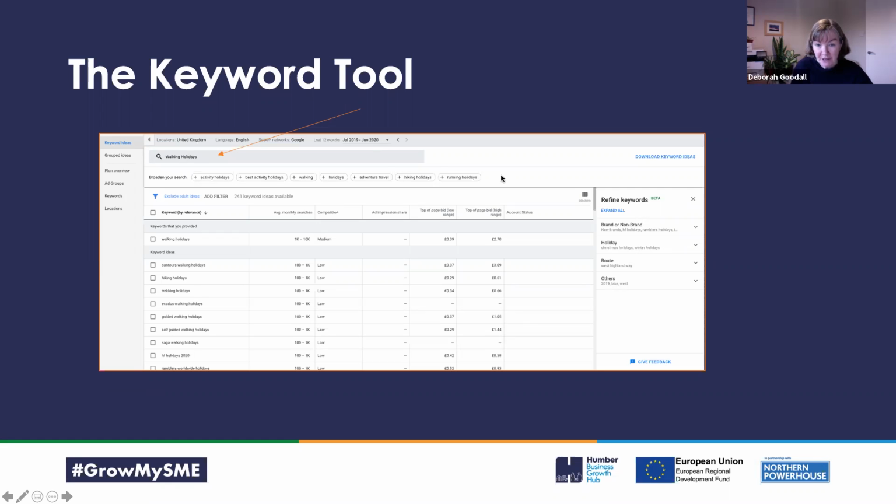You can broaden out your search to include other things. They just wanted to look at walking holidays. And then you've got brands in here as well. But the thing that it highlighted to us was something to do with hiking holidays, that was it. So they'd been talking all the time about walking holidays and how they offered walking holidays and self-guided walking holidays. So people had to have a certain level of ability to read a map and all that kind of stuff. But they'd not actually thought about the word hiking, which might seem really obvious, but they'd gone down the self-guided route, self-guided walking holidays, and walking being the obvious one.